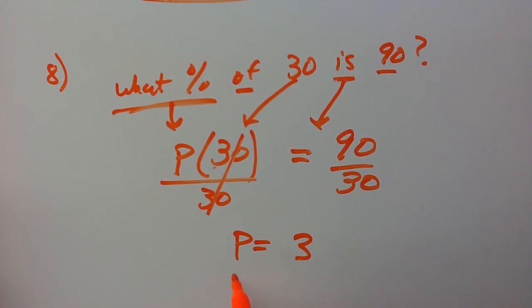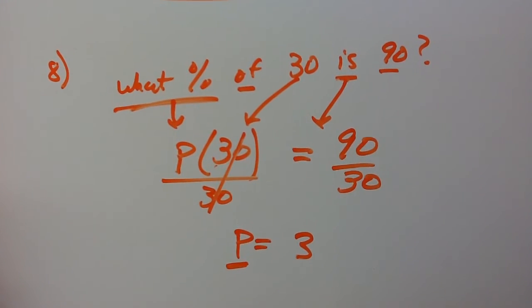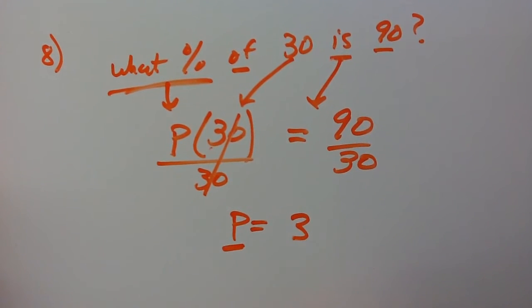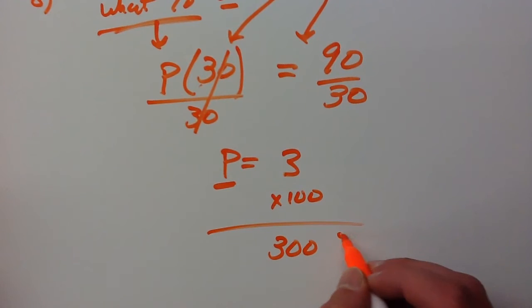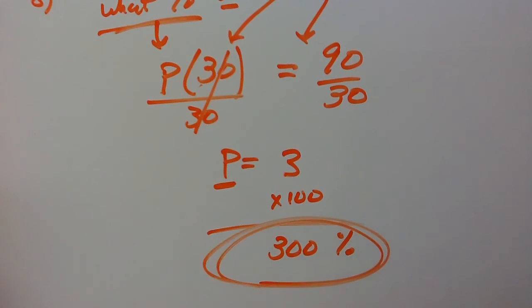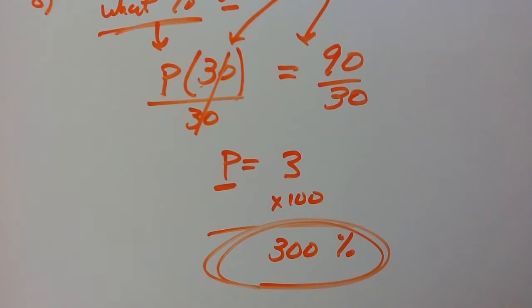But remember, this is a percentage. And how do you get a percentage? You take this number and you multiply by 100, right? Because percentage is out of 100. So 3 times 100 to get a percentage will give us 300%. 300%. So what we're saying here is that